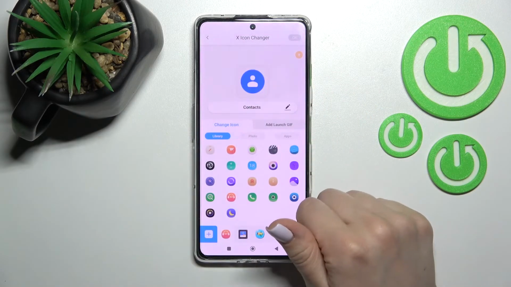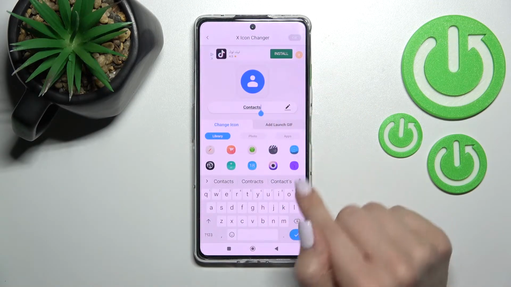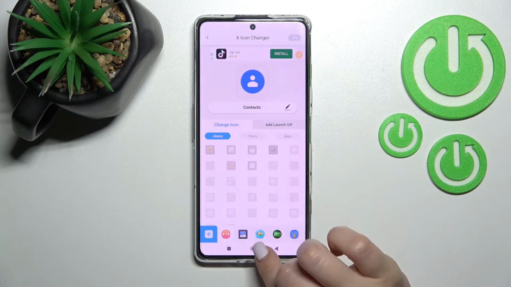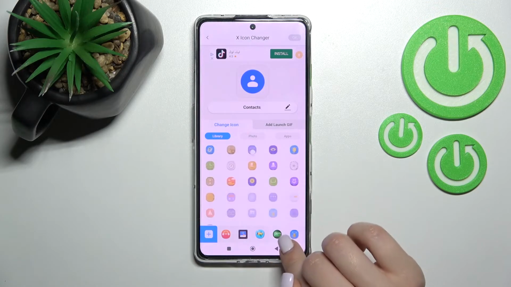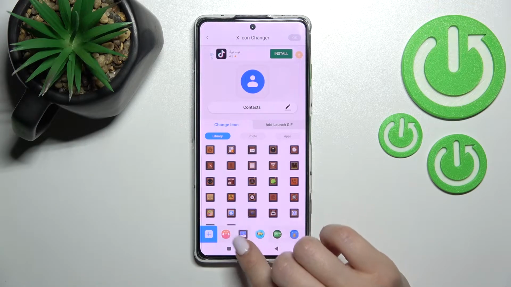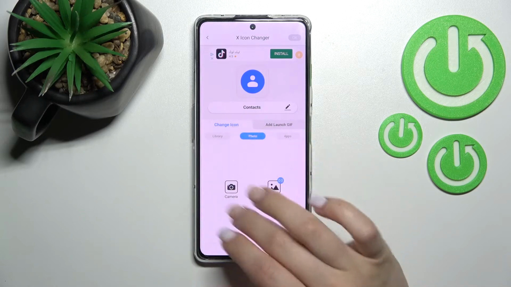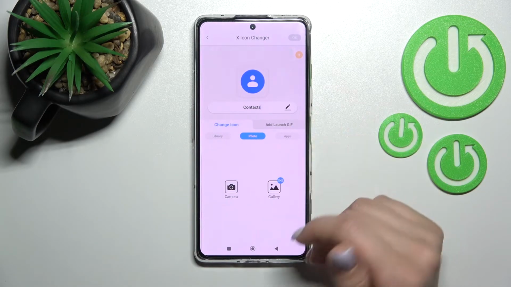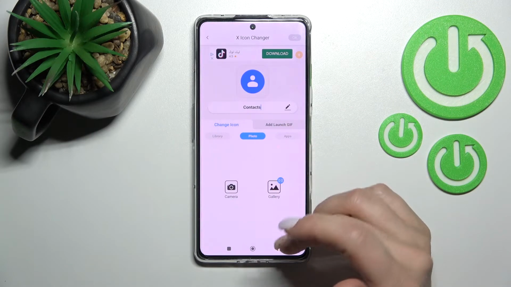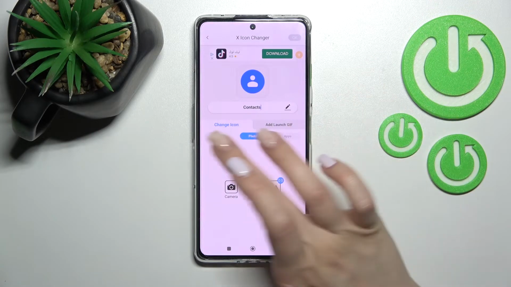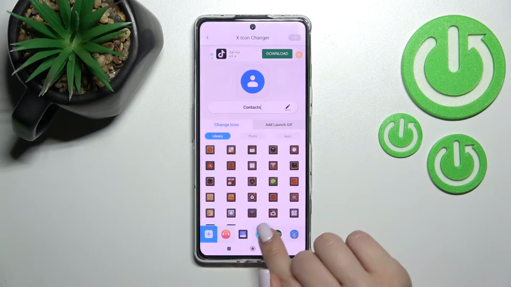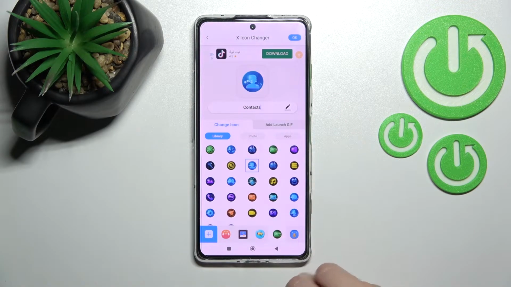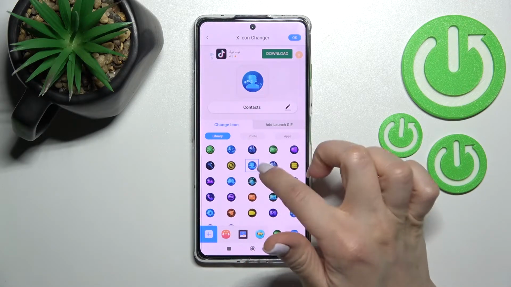For example, the contact, we can rename the app if you want, but I don't want to do that. We have here the library with different folders with different icons. Also we can select one from our device photos in the gallery app, or we can take a picture right now in the camera application. For example, I'll go with the default ones, for example with this folder, so I'll select this similar to the